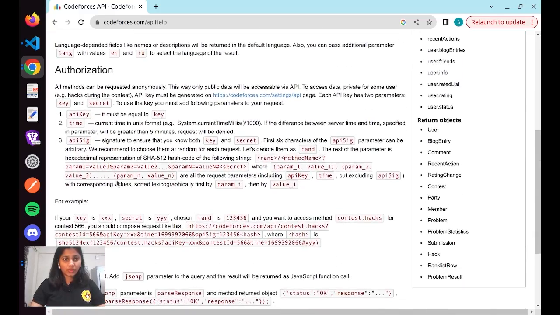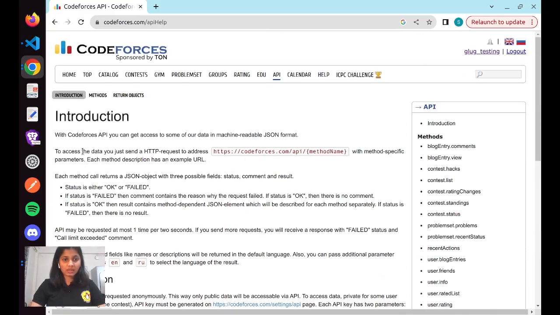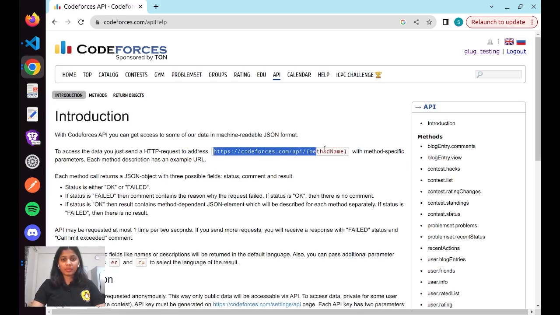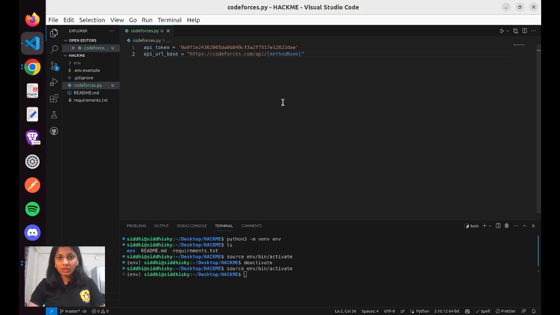Okay. So here in this documentation, as you all can see, to access data, you just send an HTTP request to this address with method-specific parameters. So I'll just copy this. And remember, what is the method name that I want data from? It is contest.list. So I'll paste this here and replace the method name with contest.list. So I have the two main things that we are going to be requiring, right? Now I'll create